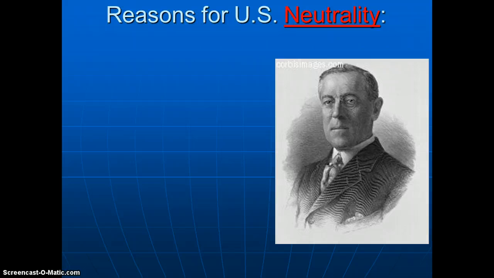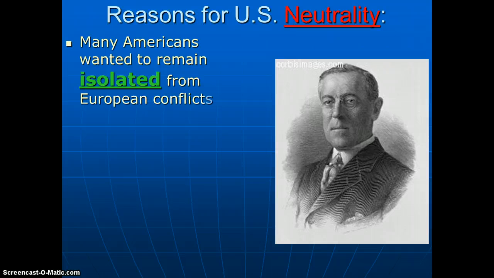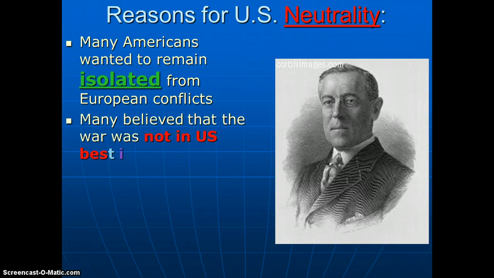So the United States, when the war broke out in 1914, was really on the fence of its position to take. And so the United States stayed out of the war. We took a stance of neutrality. Many Americans thought that this was a European conflict and we had no place to be involved. And it wasn't in our best interest to join in, let Britain and France and Germany duke it out on their own.